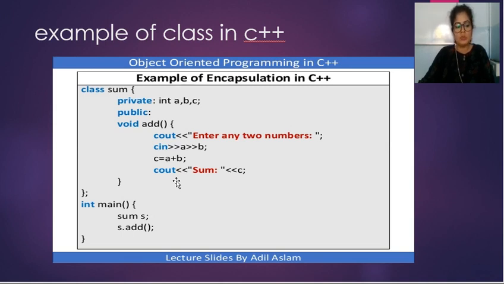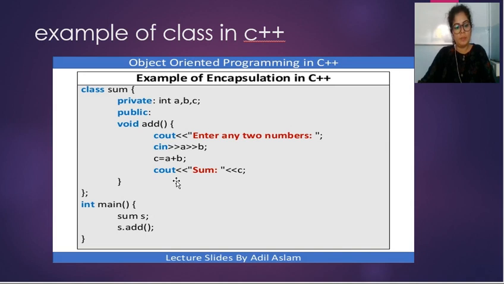Whenever we create a class, it will not allocate any memory. Memory will be allocated only when we create an object of that class, and we have to communicate in the program by using the objects only.